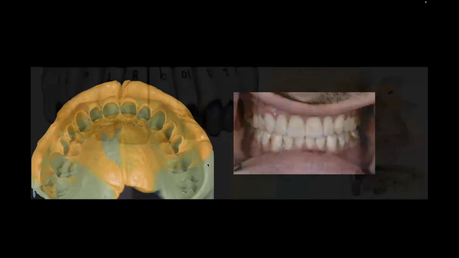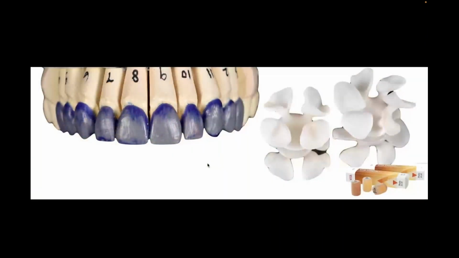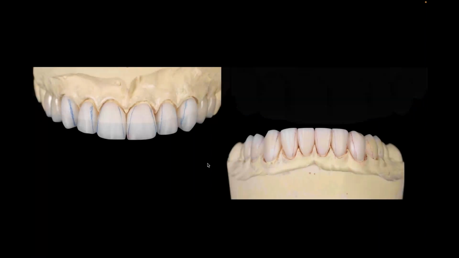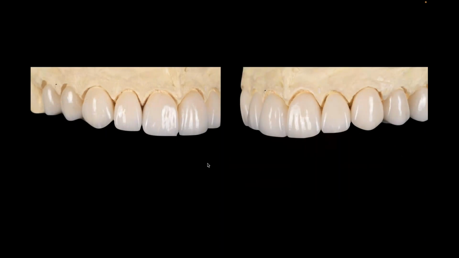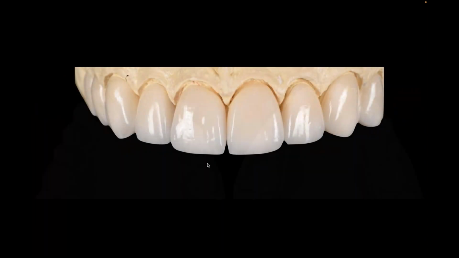So great impressions as always. These were waxed, invested and pressed, as you can see here. And the goal of this was to press them in a way where I could do a little bit of micro layering. So I took those pressed materials, I layered on them with the new Lumex material, and then finished them up, both upper and lower. And the posteriors, bicuspid back, were all monolithic materials. So I finished them up, polished, glazed, all the normal things, and then we'll send these off to the office